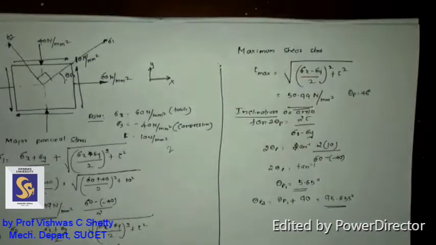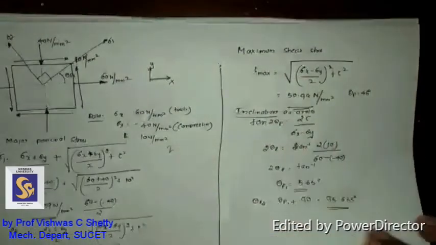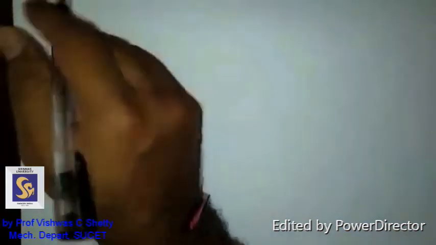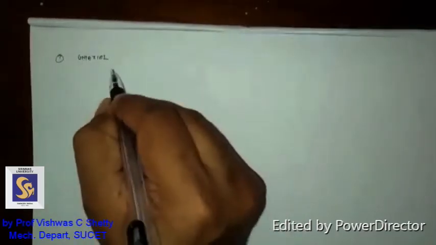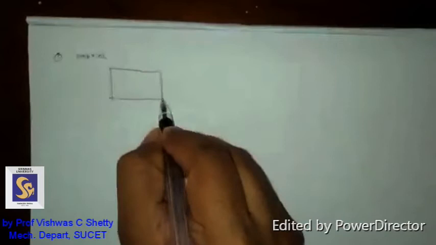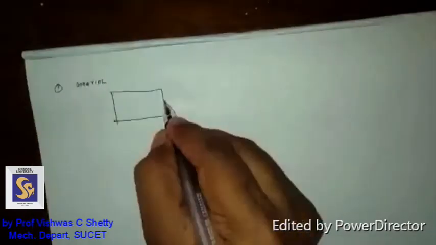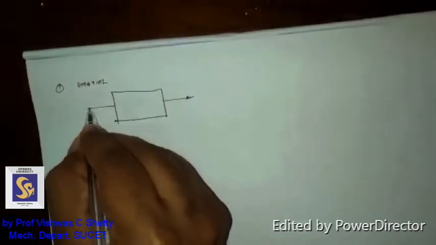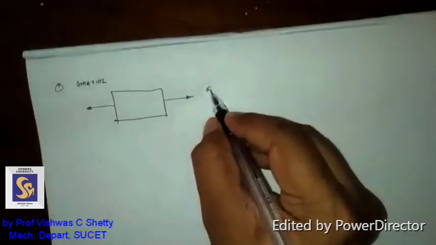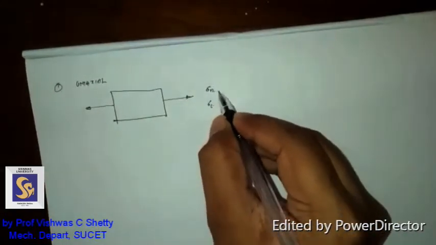So I hope you understood the different categories of problems. There are four types of problems you can get in this. First is uniaxial. Just by looking at the figure and the question, you should understand that the first category is uniaxial. Uniaxial means stress will be only in one direction, either x or y direction. For this, you know the formulas for sigma n and sigma t.